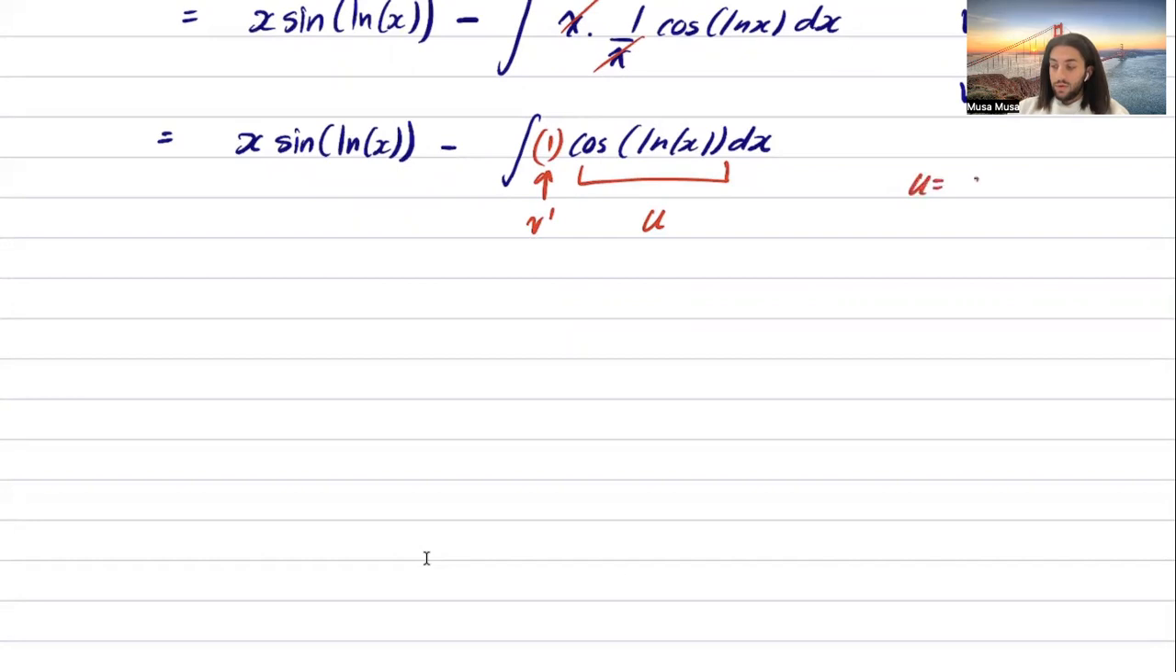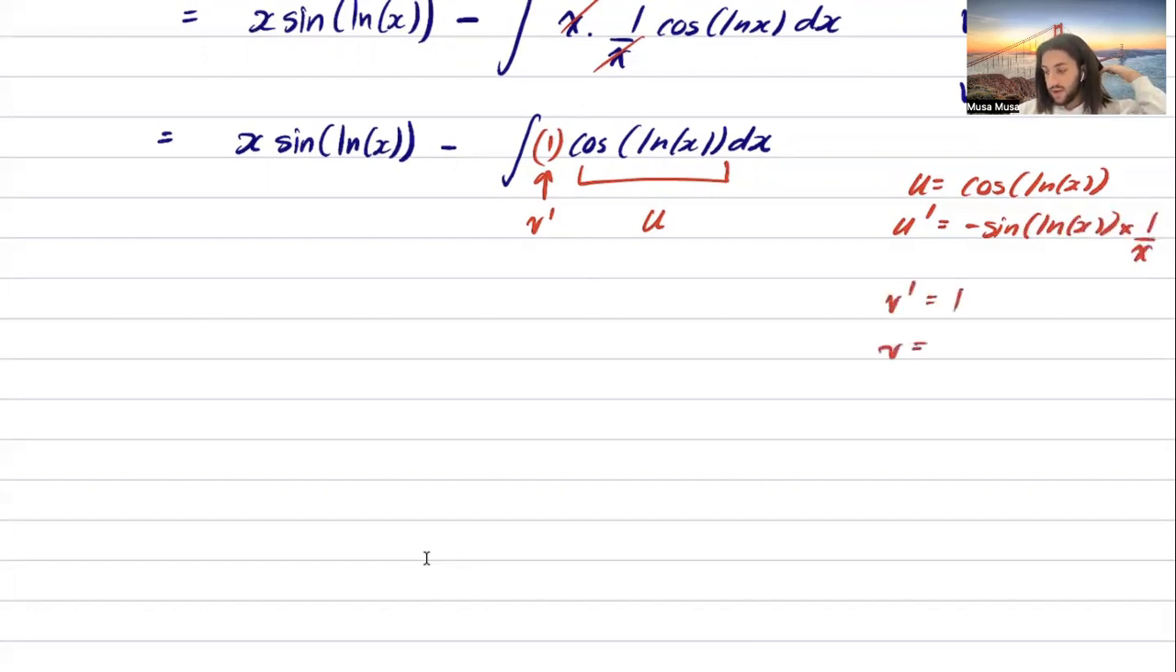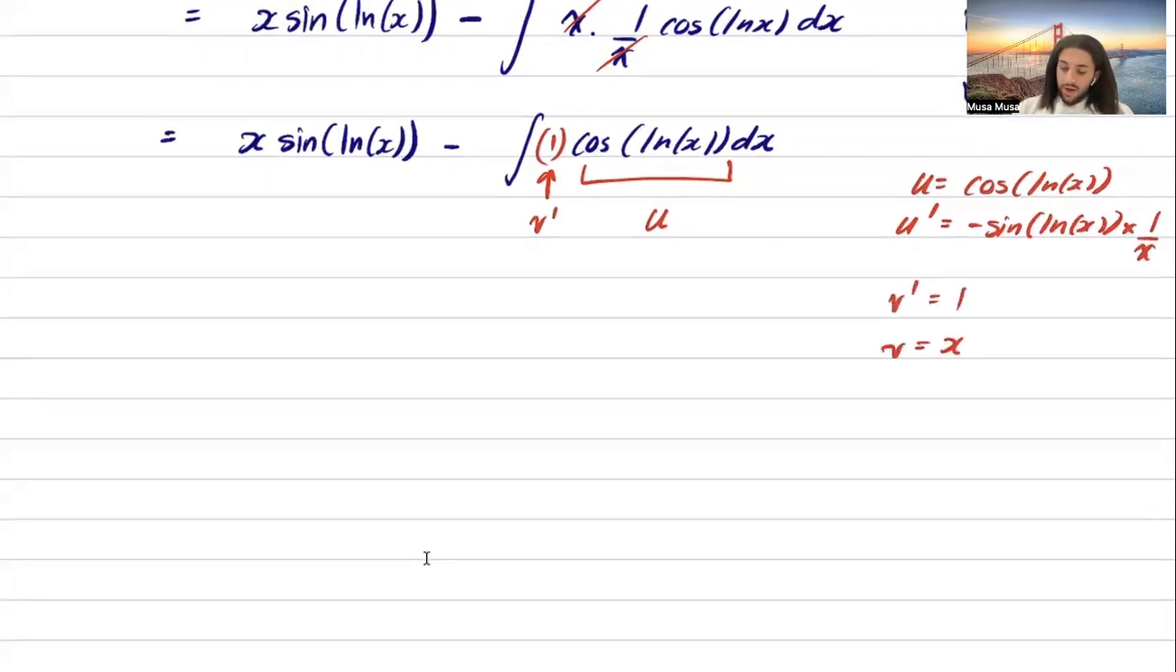So u equals cos of ln of x, which means u dash equals cosine goes to minus sine, and then you multiply by the derivative of the argument. So then v dash equals 1, v equals x. This becomes,